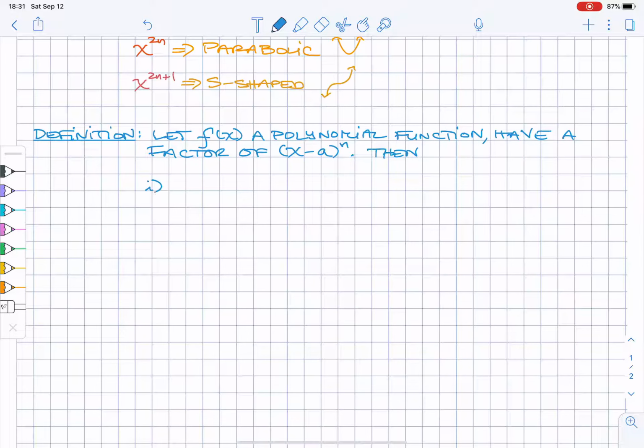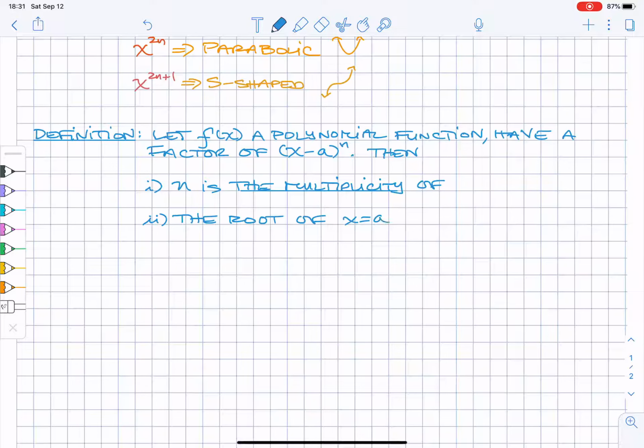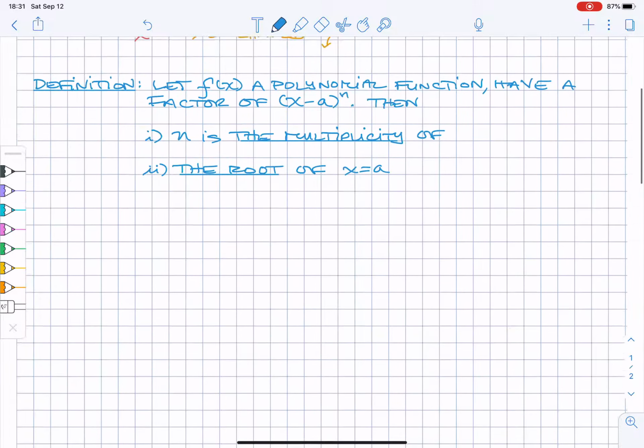Number one, n is the multiplicity of, number two, the root of x equal to a. Okay, so for example,